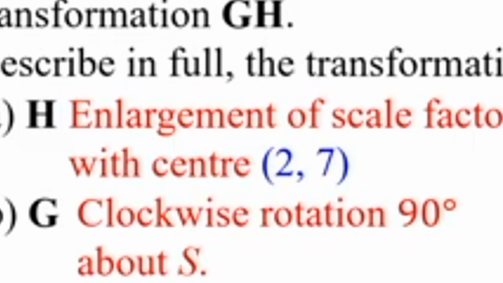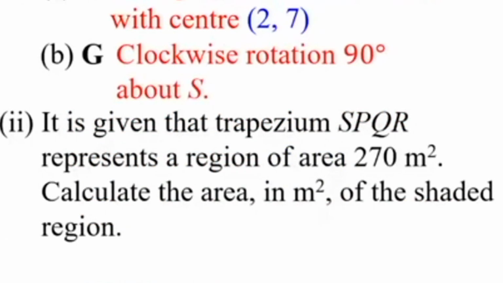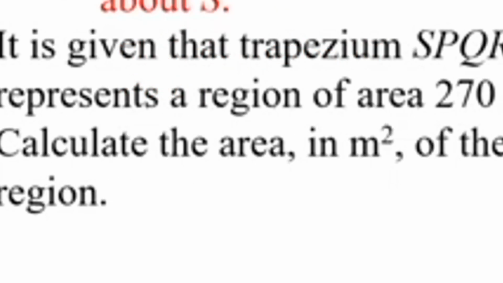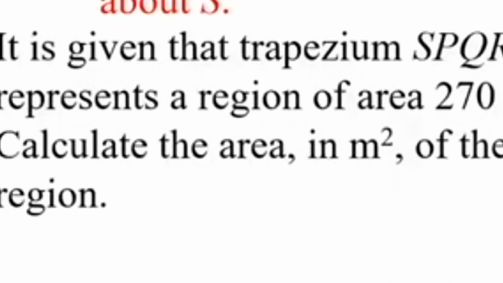Now we almost reach the last portion of the question, which is: given that trapezium SPQR represents a region of area 270 meters square, calculate the area of the shaded region. For this question, you need to find the area of the object first because the area of the image was given. So remember, I over O equals k square, right? So from there, we will write 270 over